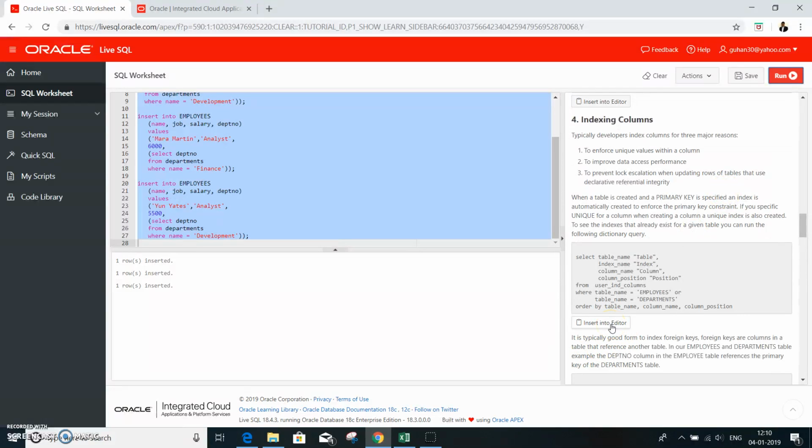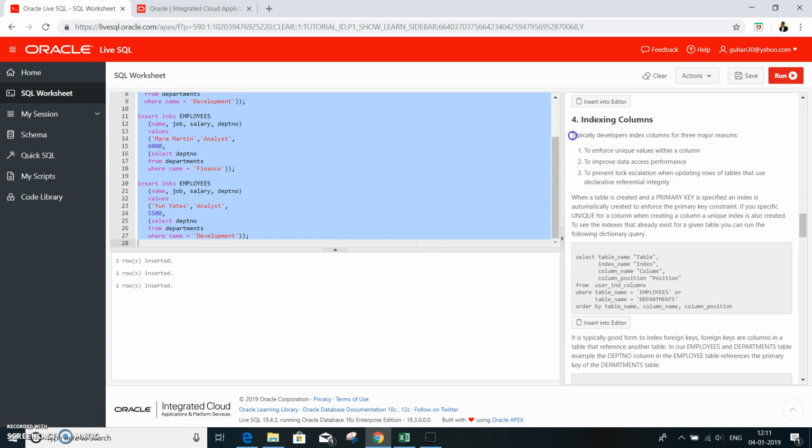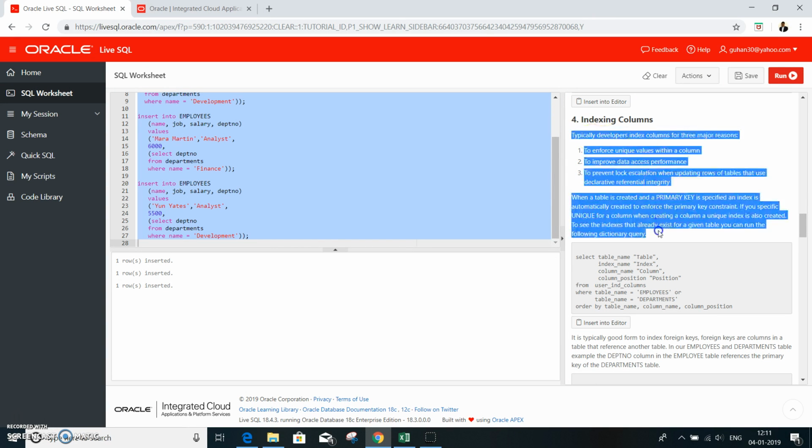Then comes indexing. Only thing is, you need to understand what is indexing. One good thing is it also provides you a definition of why you are performing the indexing. That is to retrieve the data fast, one of the features of indexing.